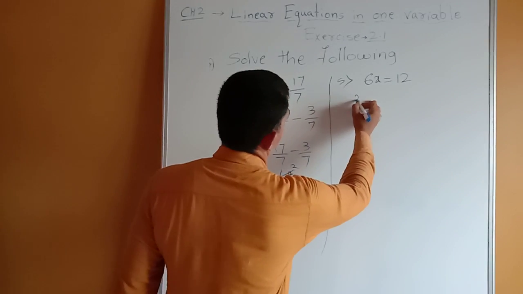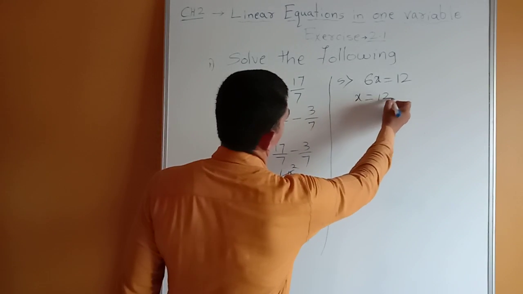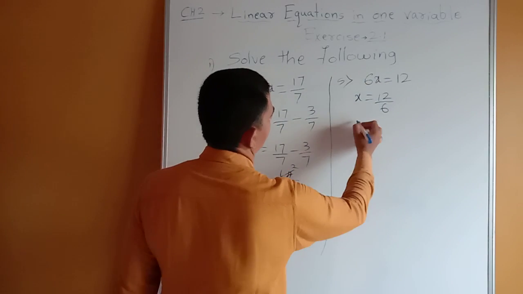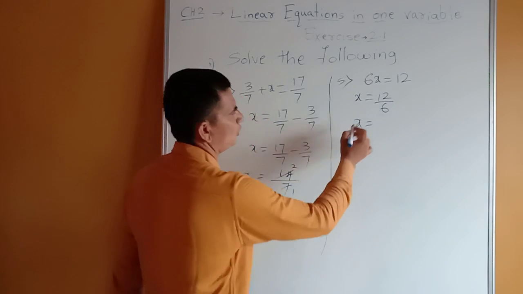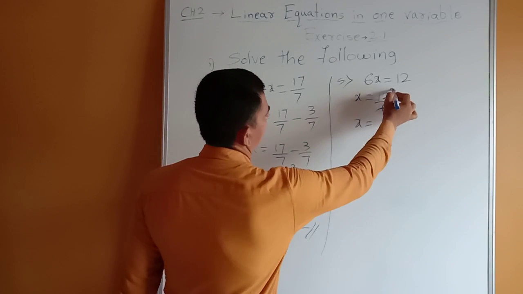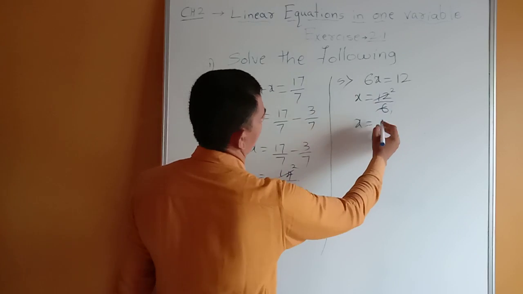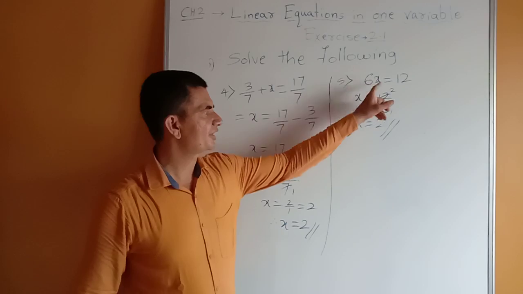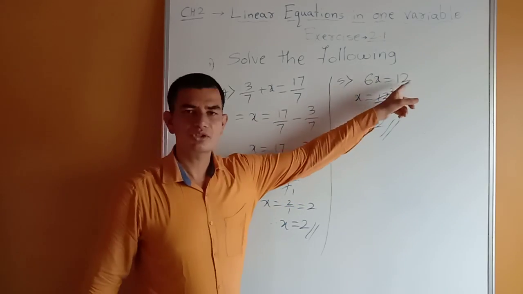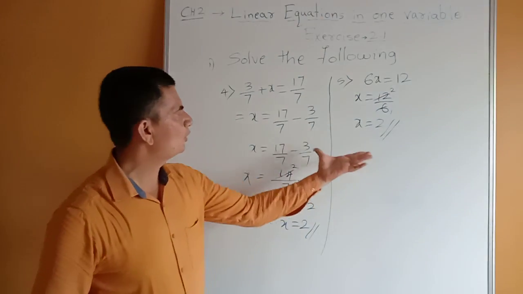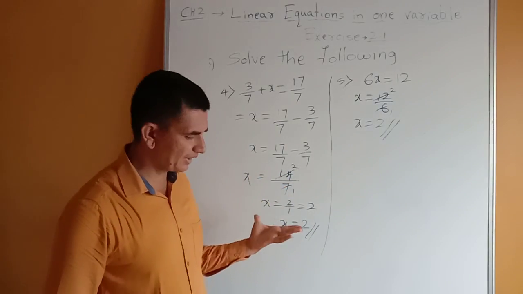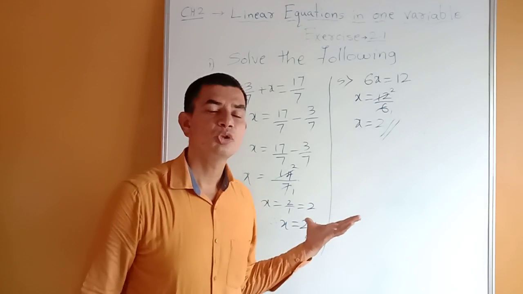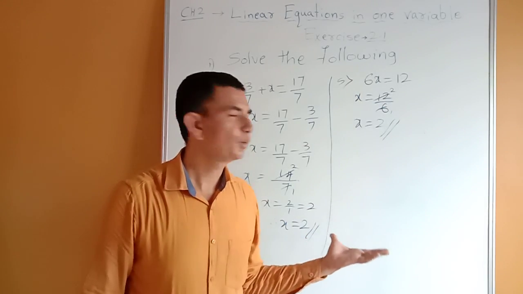So here we want x, so 12 as it is. Now 6 into x means here it will become division. Now x is equal to 12 divided by 6. 6 1s are 6, 6 2s are 12. So 2 by 1 we can write as 2. So the answer is 2. Again you can check here, 6 into 2 becomes 12. Like this we have to solve. Now let us see question number 6. After that, 2 to 3 sums I will give you for practice. Then again we will do some other sums.